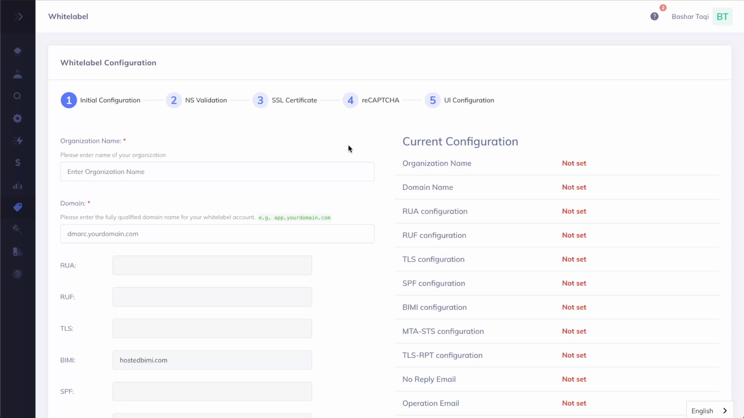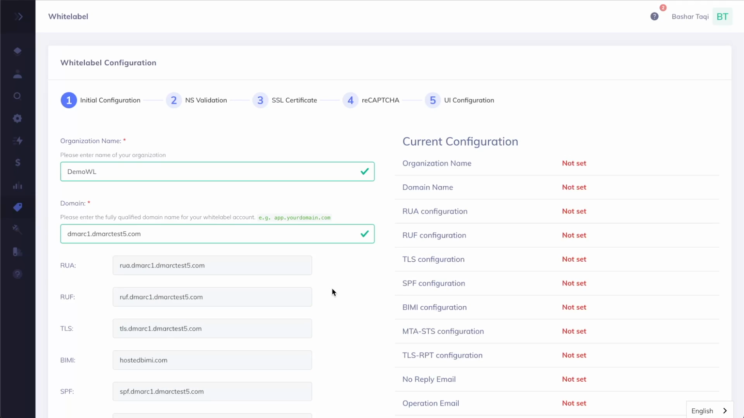So to go through, we'll first need to put in an organization name and a domain for this white labeled account. For the domain, it is recommended to use a dedicated subdomain of your top level domain. So I'll go ahead and insert these now. Now that I've added in my organization name being demo whitelist, and the domain being dmarc1.dmarctest5.com, I'll be able to